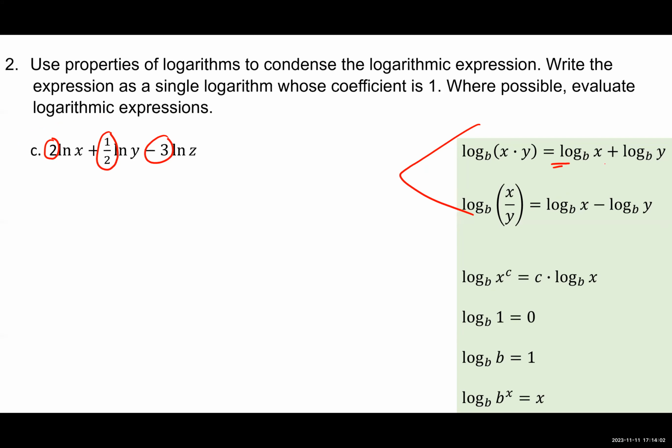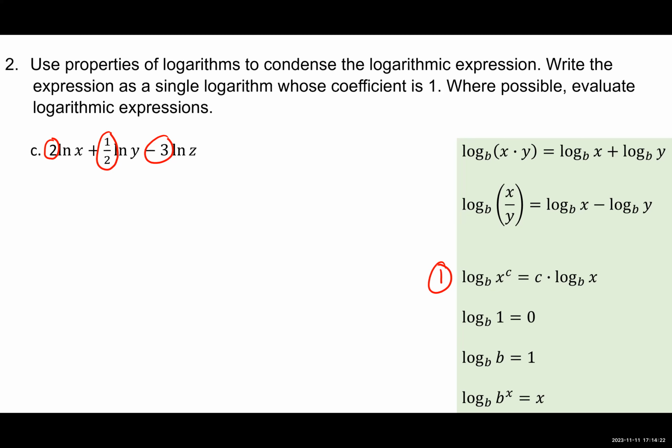Right? These rules have no multiples out front. The log of x plus the log of y. The log of x minus the log of y. There's no 2 log of x. There's no 1/2 log of y. It's just log x and log y. So what we can do is, we're going to apply those, but first